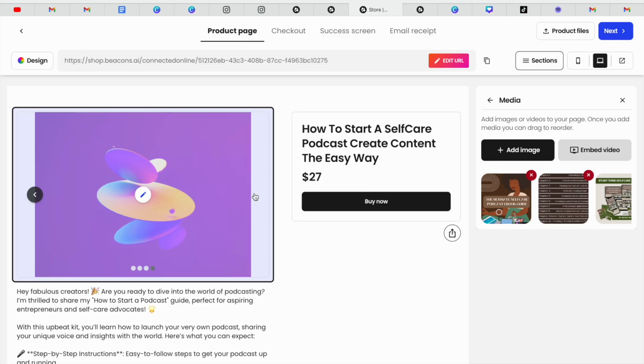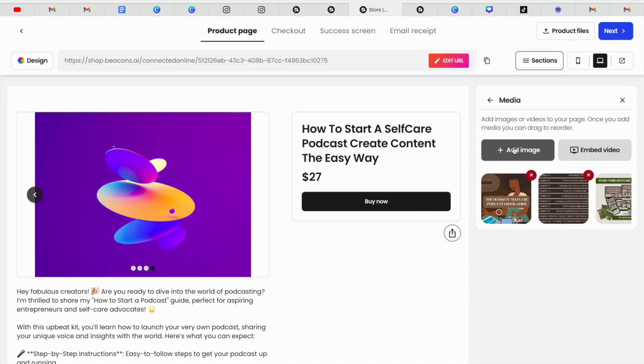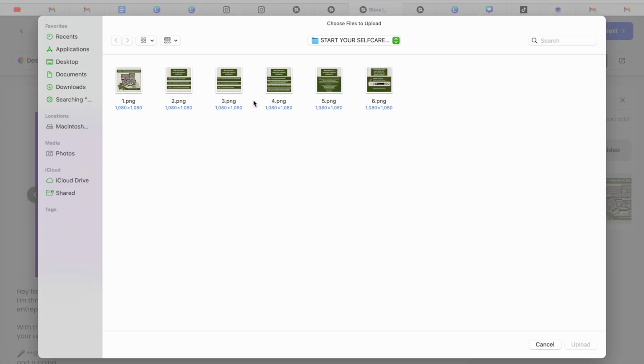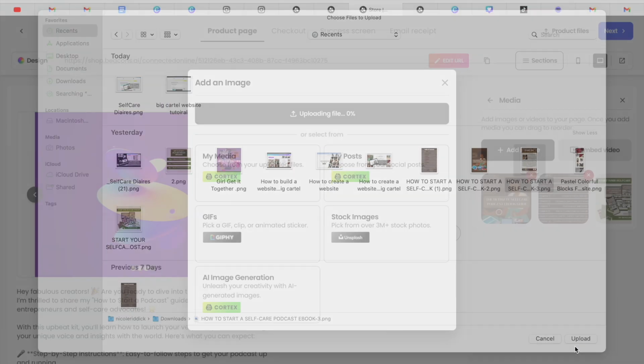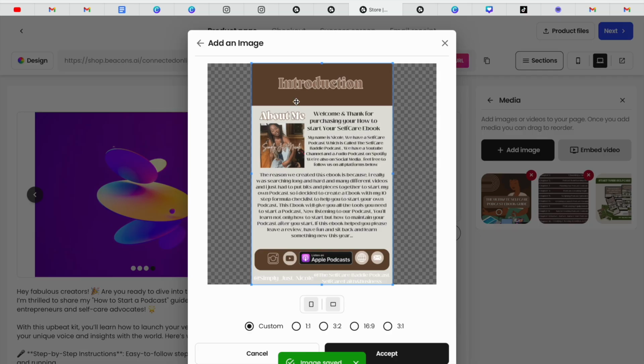and we're going to add one more. So we're going to click on add an image, upload an image, and we're going to click on recents, and we're going to click on this one here, which is our About Us page. It just gives your audience more about you and what you offer and who you are, just a brief of who you are. So we're going to click on accept,